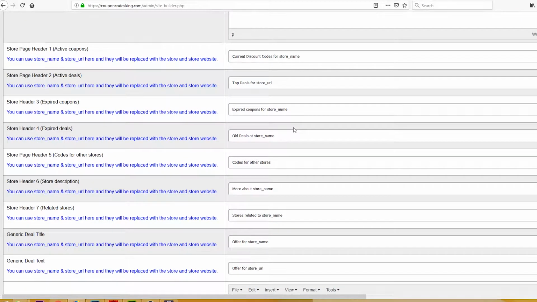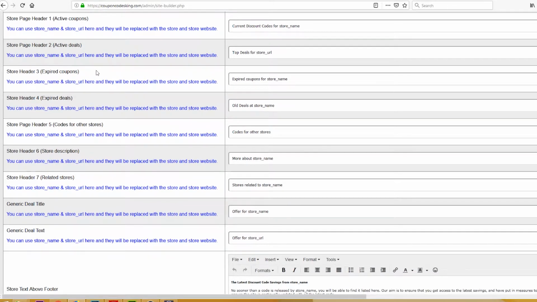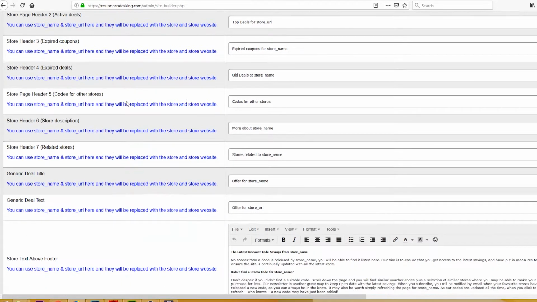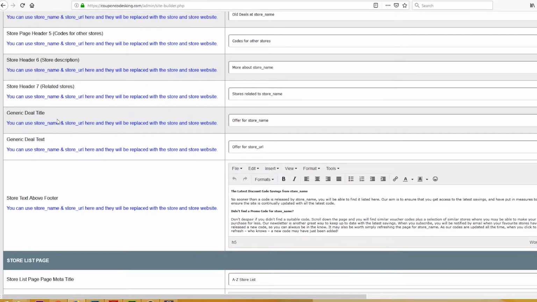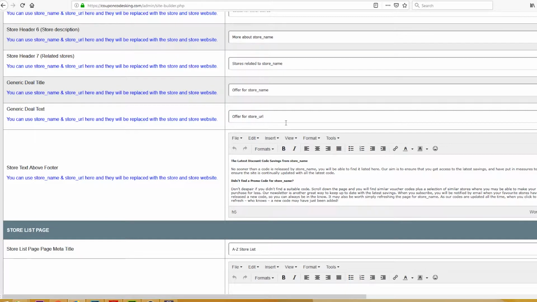There's also some advanced settings here where you can change the headers for active coupons, active deals, expired coupons, expired deals, where it lists codes for other stores, the header for the store description, the header for related stores, and a generic deal. Now, this is something that I added because if a particular store doesn't have a deal that